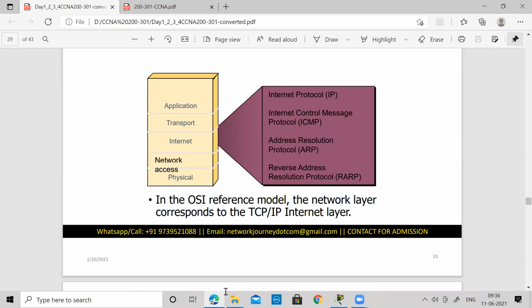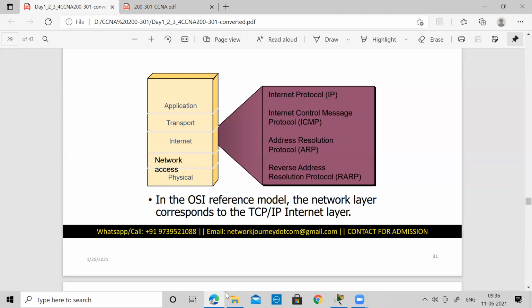In this process, there is a reverse address resolution, where you know the MAC and you are requesting an IP. ARP is where you know the IP and you're requesting a MAC. So with RARP, you are aware of your own MAC address, you want to check what your IP is, so you may initiate this RARP process.